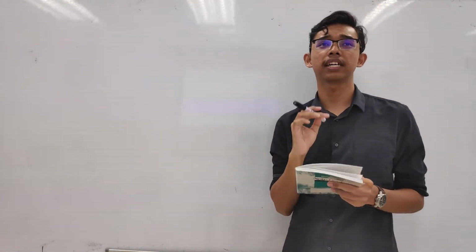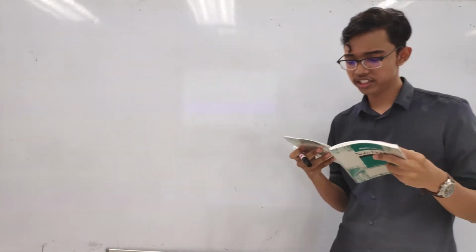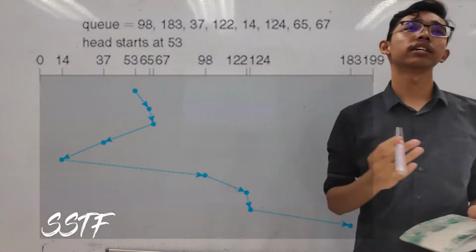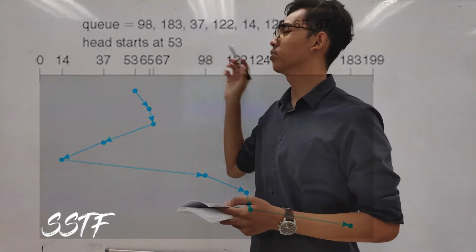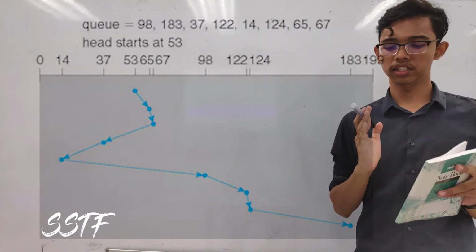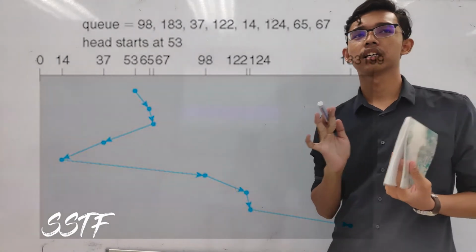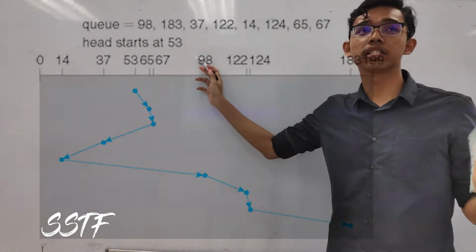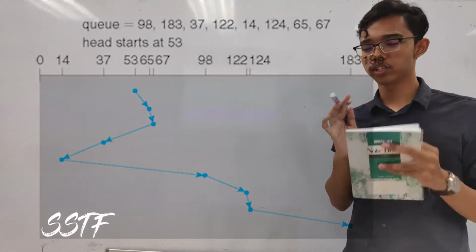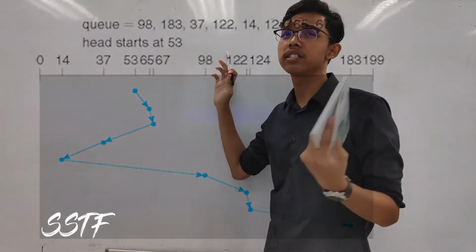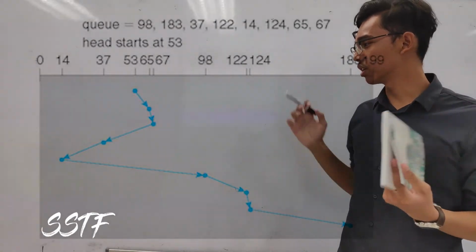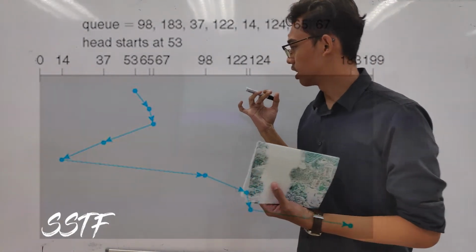So next we have SSTF, shortest seek time first. According to the same queue that was given, the head start will be 53. For SSTF, we must take the lowest distance between the numbers. So we start with 53, then we move forward to 65 because that's the shortest distance to go between each queue. So 53, 60, 65, then move forward to 67, then we go find the shortest distance between